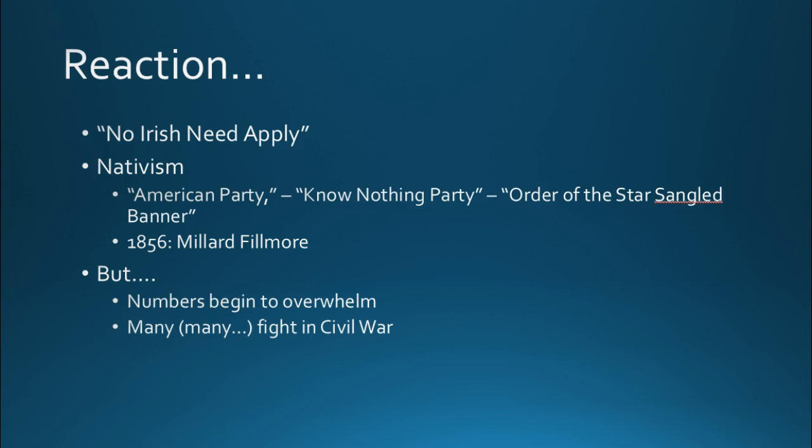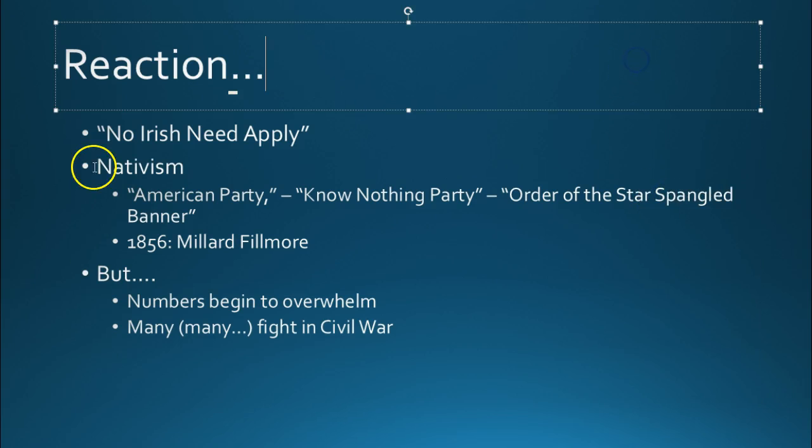This is the great era, 1840s and 50s, of the first sort of burst, if you like, of nativism. A political party called the American Party, but as you know, the nickname was the Know Nothing Party, because if you asked a member about the party, it was a big secret, and he would say, "I know nothing." It also had a sort of secret subgroup called the Order of the Star-Spangled Banner,